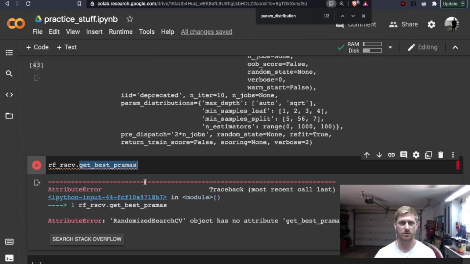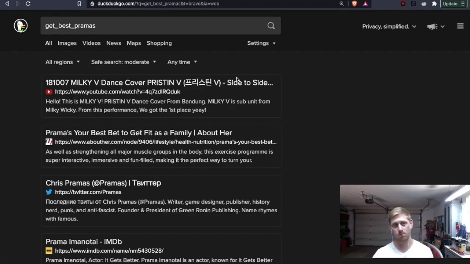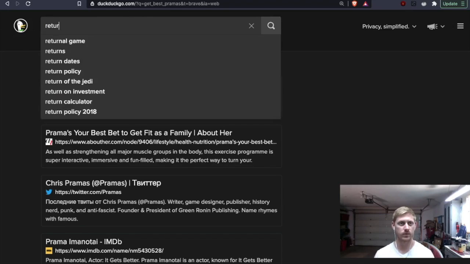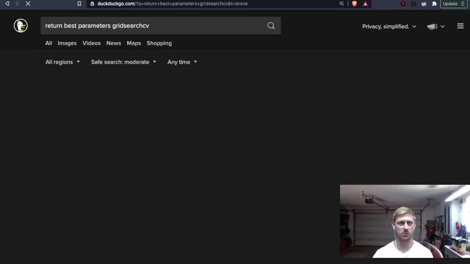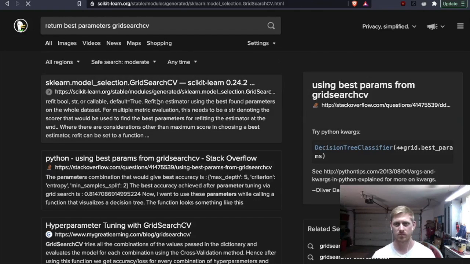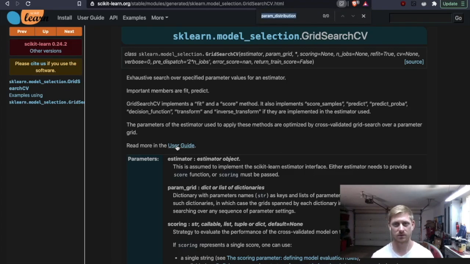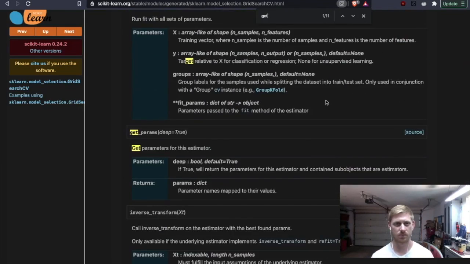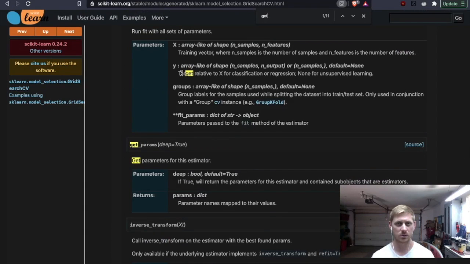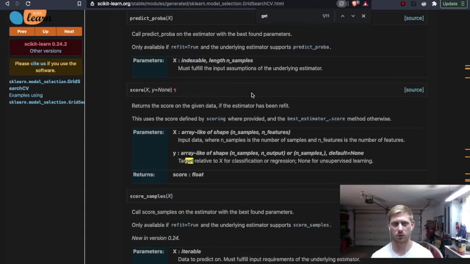Oops, cancel. Return best parameters. Randomized, yeah, grid search. That'd be almost the same thing. So what would it be? It would be get, that'd be getting the parameters. What would be the best?